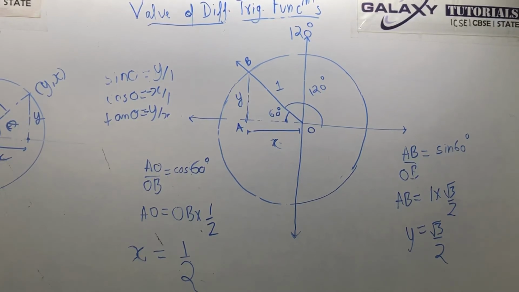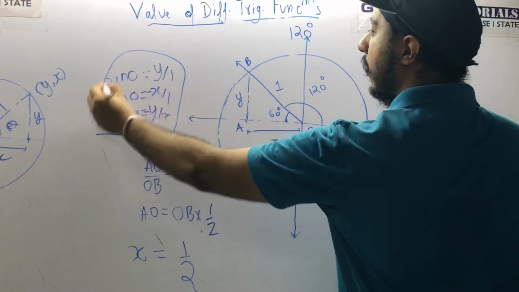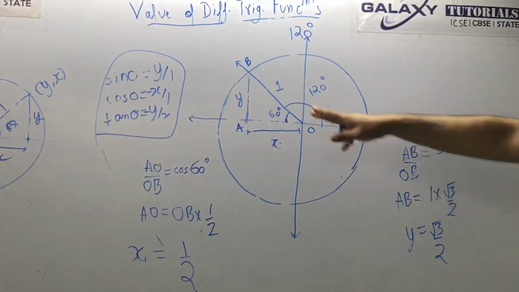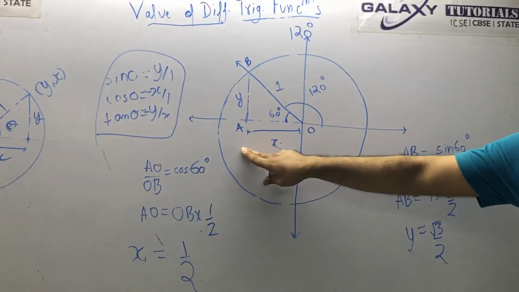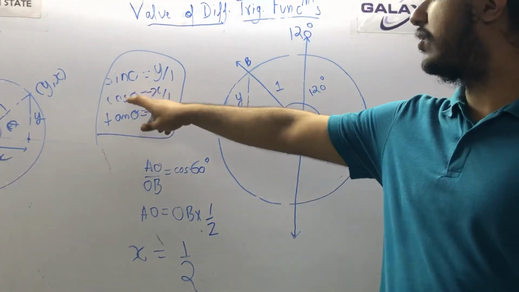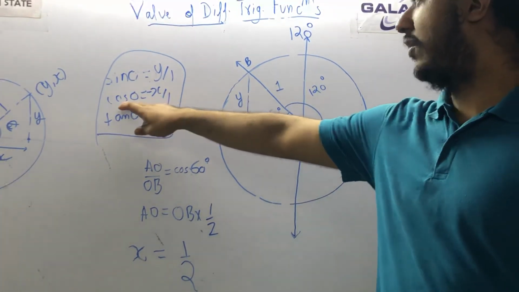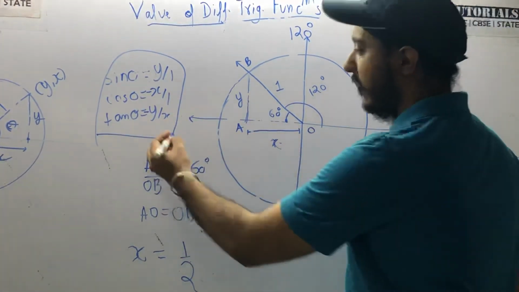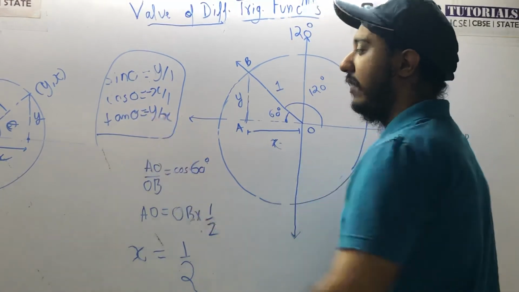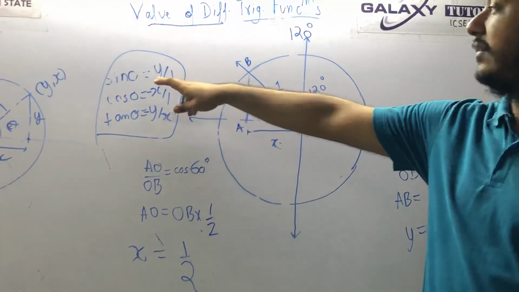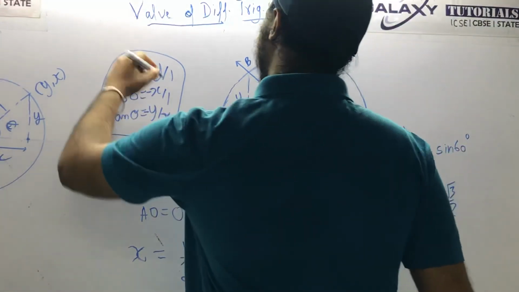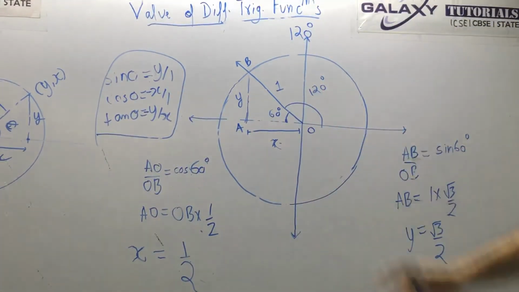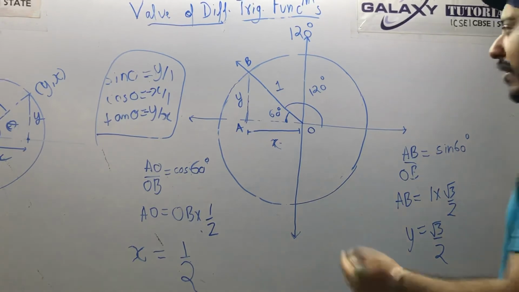But the important thing that we have to do here is find the value of trigonometric functions, and they are given by this formula. In the second quadrant the value of x is negative, so in the formula you will use x as negative. So I have written cos theta as minus x by 1 and tan theta as minus y by x, because x was negative, so tan theta was also negative. And sin theta I have written as y by 1, because y is positive, so it will be positive. So you can find the values from here now.